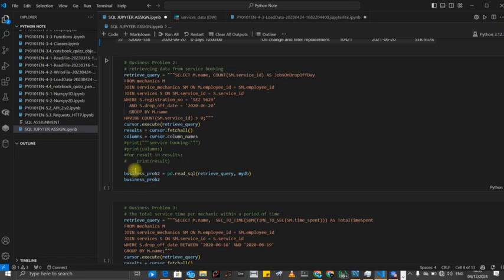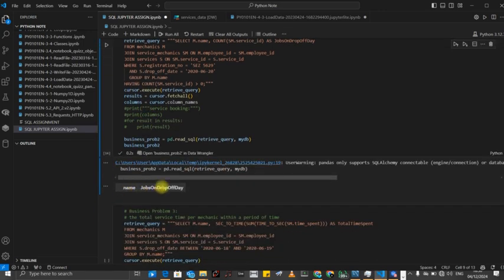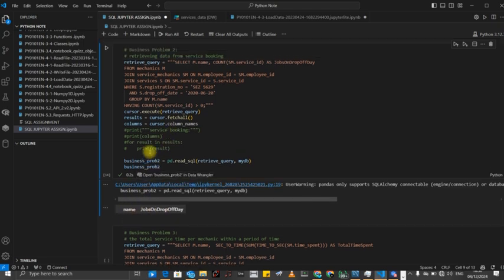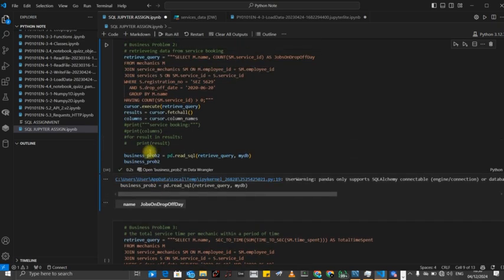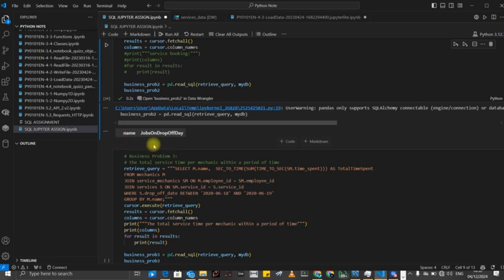So you assign your Panda. I'm creating a variable called business prob 2. So business problem 2 is equal to, you run your code, and remember to put your variables, you run it. So name and this. So there are no mechanics available. I mean, there is no mechanic that is working on that car booking on that car based on the